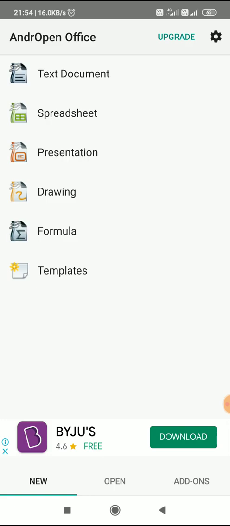Now openoffice.org is downloaded on my mobile, and my Android is able to accept all its applications. The OpenOffice Suite is composed of 6 tools: text document, spreadsheet, presentation, drawing, formula, and template.